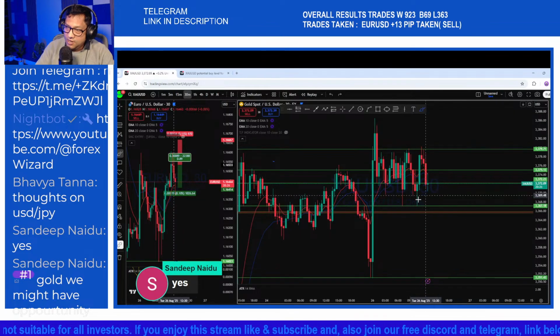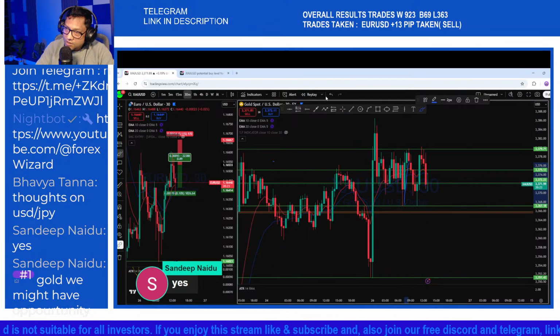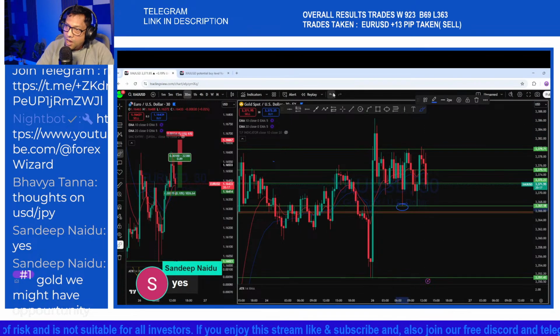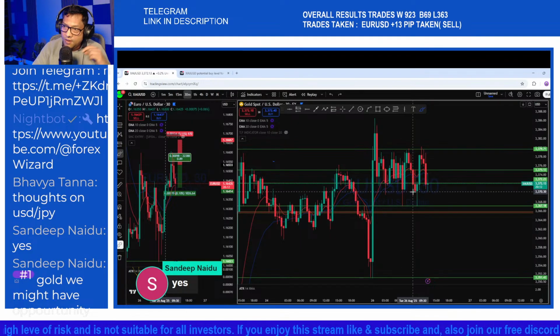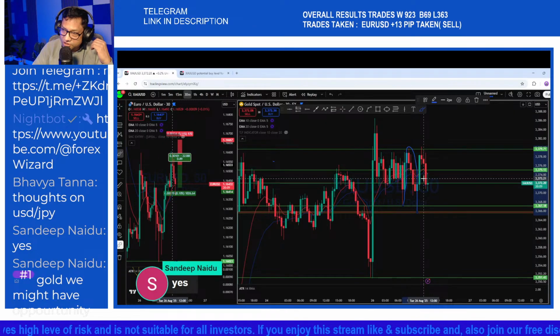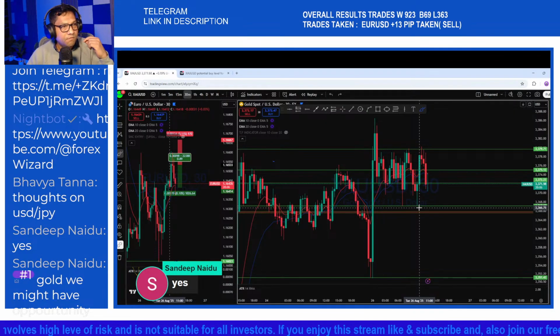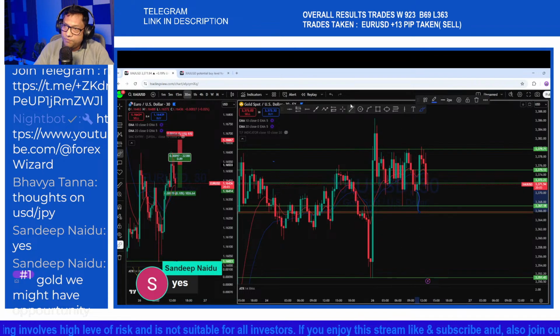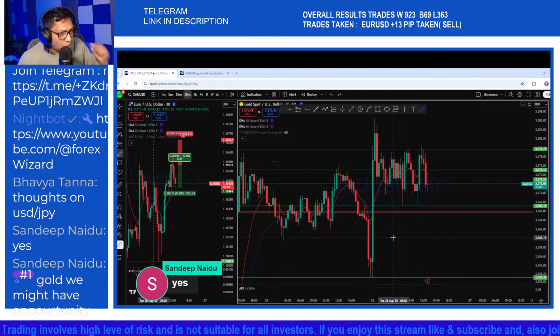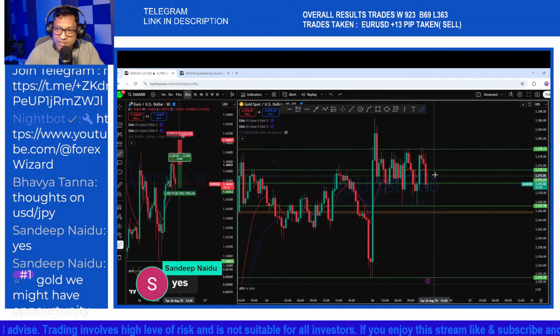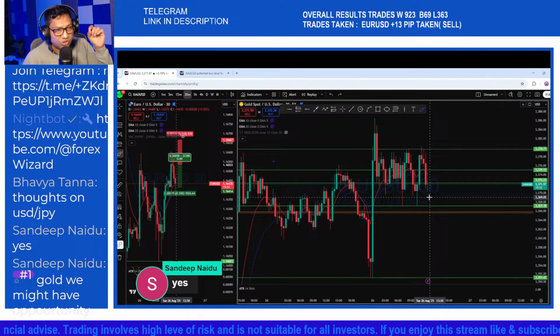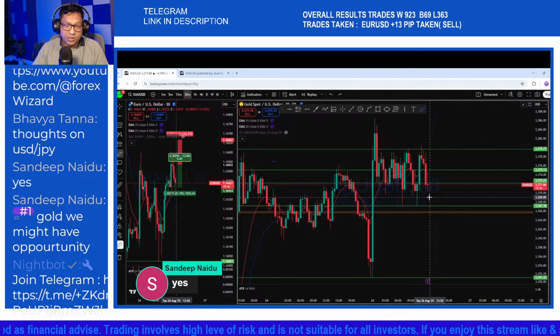Let me explain. You see that here there was a rejection from this support level. How did the rejection happen? With a big long wick, right? And the market moved, but it returned again back to that support. And what do you see? Another long wick. Because it's leaving those long wicks, it's an imbalance. Most likely the market will come back to fill that imbalance, and this is what you can see at the moment.